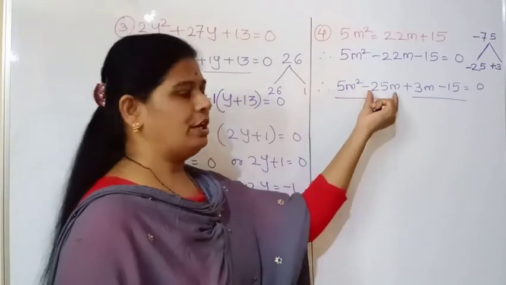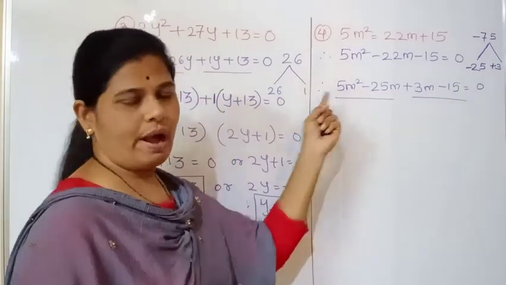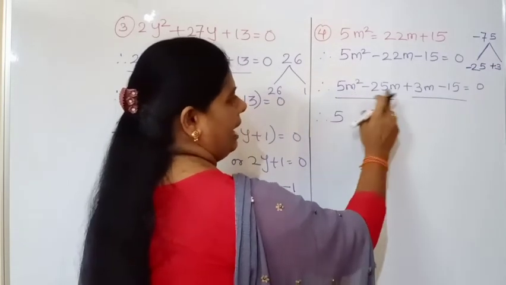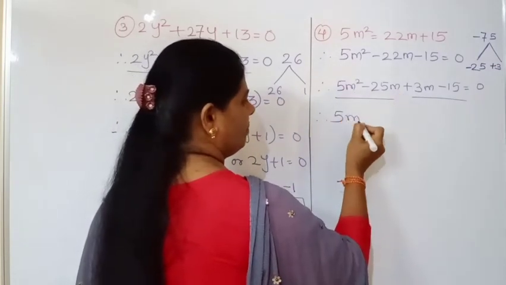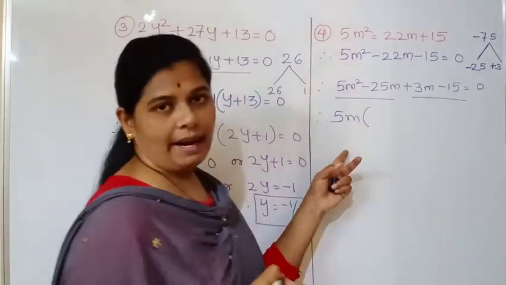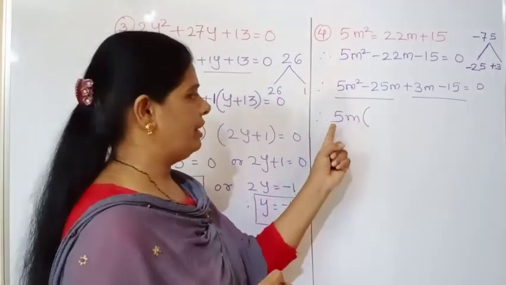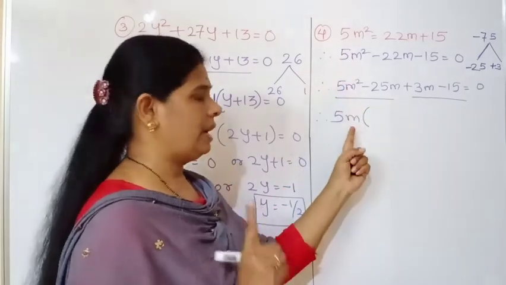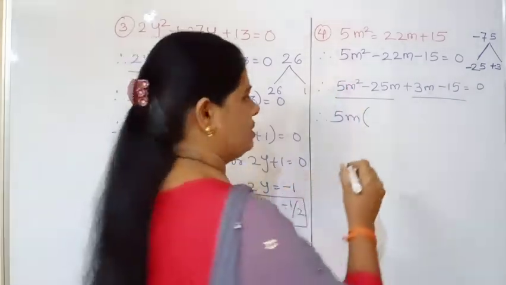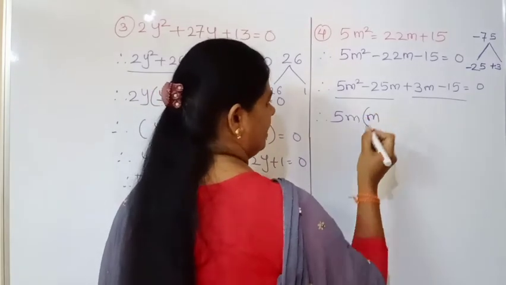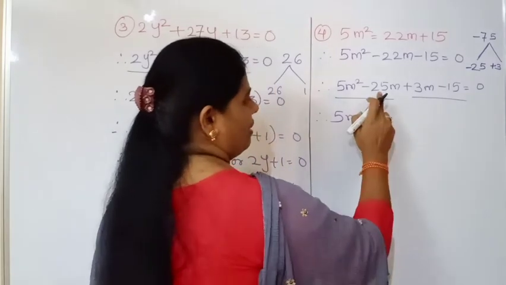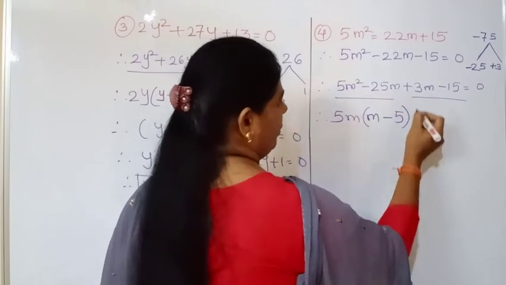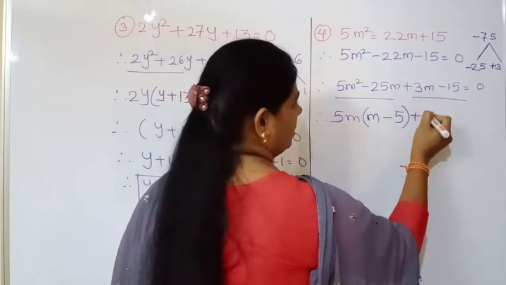As all of you know, 25 is there in the table of 5. So we will take the common factor as 5. Again n is also the common factor. Then inside the bracket, what it will be? We have already taken 5 as a common factor. From n square, we have taken 1m. Now 1m is remaining, that we will take inside. So m minus 5, how many is a 25? 5 5s are 25. Now here plus 3.